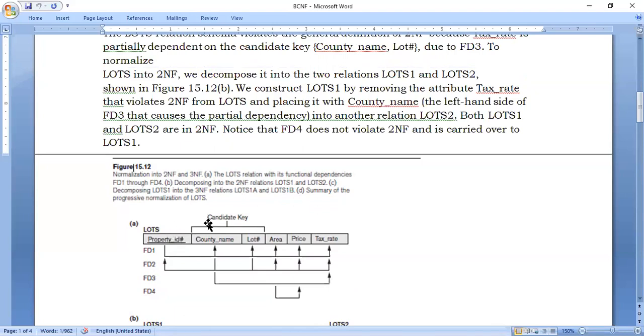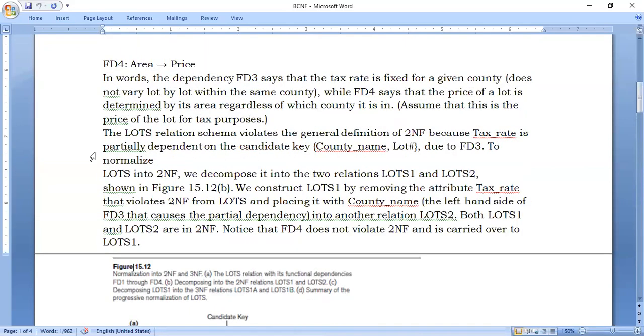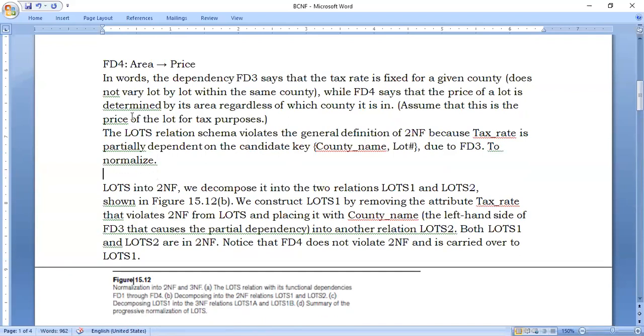Each plot, or that particular property, also has a lot number. But yesterday I gave you an example that typically we consider the lot ID is not unique for every property. The lot ID is unique within each country, but the same lot ID may exist in another country. Yesterday I gave you the example of RCU. Let me explain that example once again quickly.